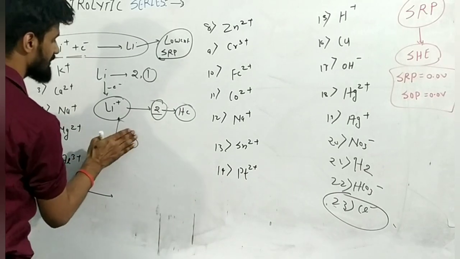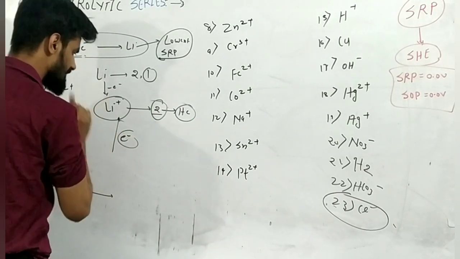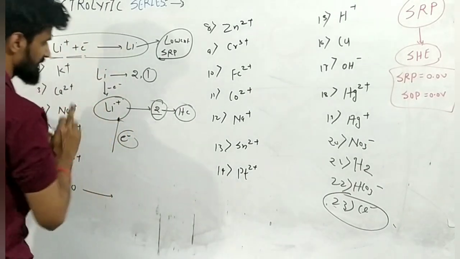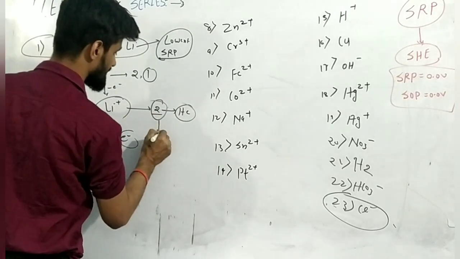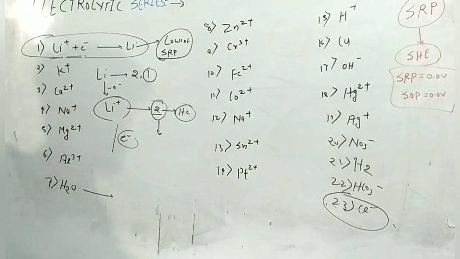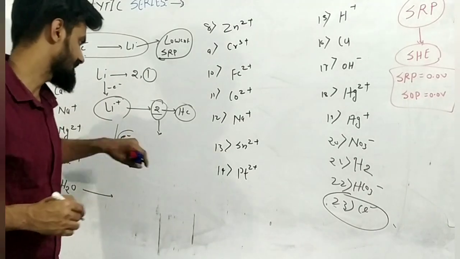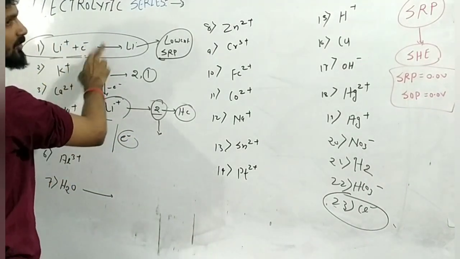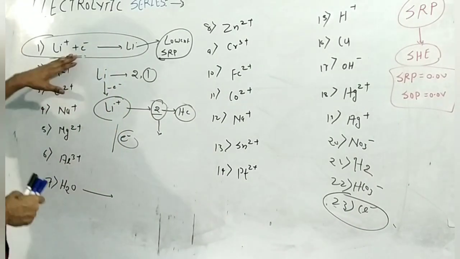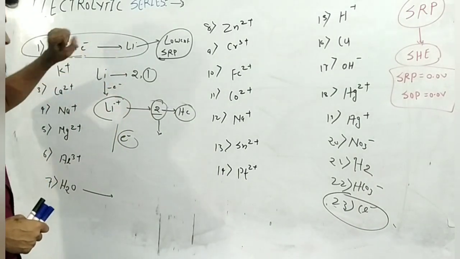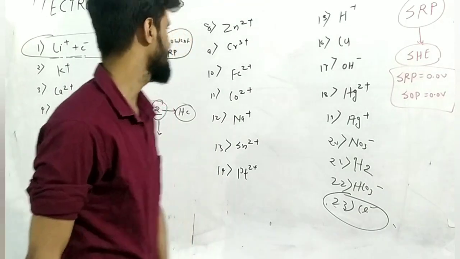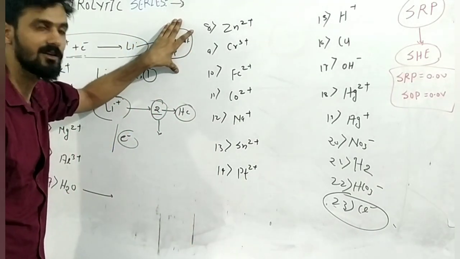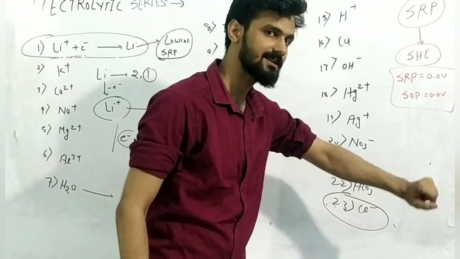If you supply one electron, or if it accepts one electron, then for this particular substance its stability will vanish. It will get destabilized. Due to this reason, lithium plus is not going to be ready for the reduction. It will restrict the process of reduction, so it will have the lowest reduction potential. And chlorine minus will have the highest reduction potential.